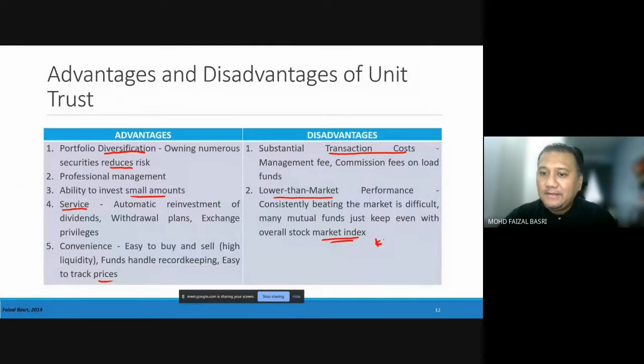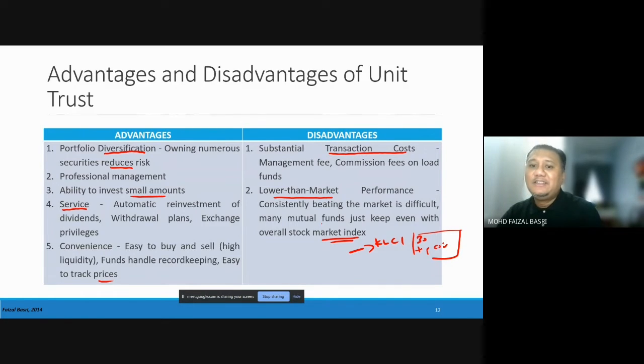Dalam KLCI, this is the main indicator, main index in the country. Kalau tengok berita pasal stock market, yang dia akan report ni satu je. Dia ada banyak index sebenarnya, tapi yang dia akan report is Bursa Malaysia KLCI Index. KLCI ni ada 30 top companies in Malaysia. Okay, so turun naik index ni bergantung pada performance of these 30 companies. So kalau you punya mutual funds menggunakan index, maknanya dia akan invest dalam 30 company ni. Dia akan beli ikut 30 company ni lah.